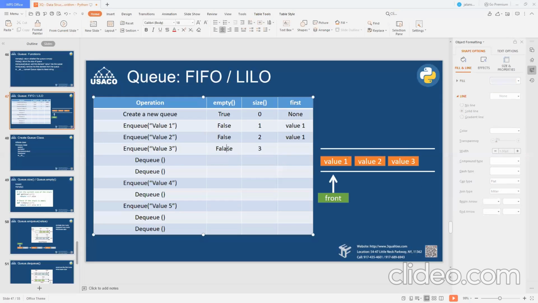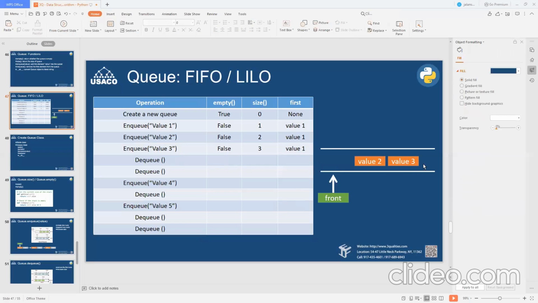Very good. DQ. What happened when I call DQ? You get rid of the first value. Which one? Value 1.